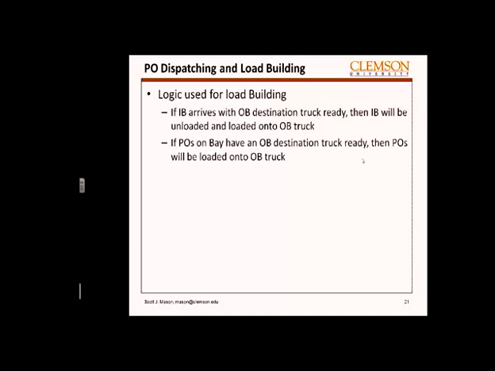If we've put some purchase orders on the floor, on the bay, meaning they came off an inbound truck, but there was no room for them to go directly outbound, so we put them on the floor to kind of wait. If I have purchase orders that are sitting on the floor and the outbound truck is ready, I'm going to get them onto the outbound truck. So they're kind of our second level of priority. We're going to do the cross dock, but we're also going to be loading off of the floor into trucks